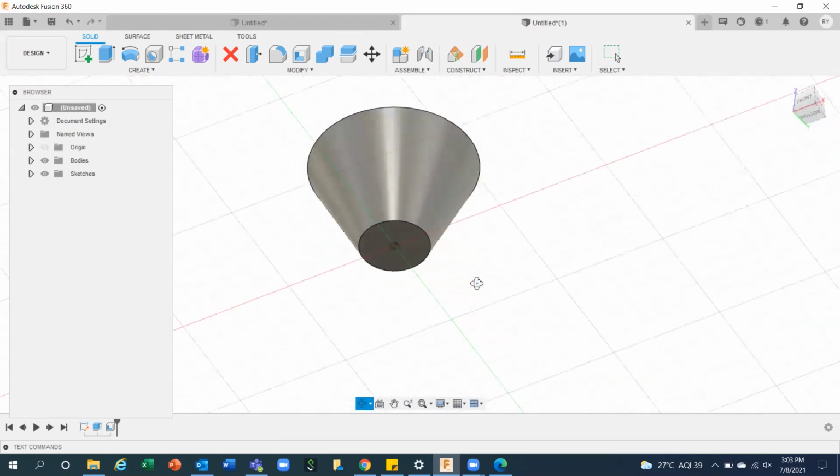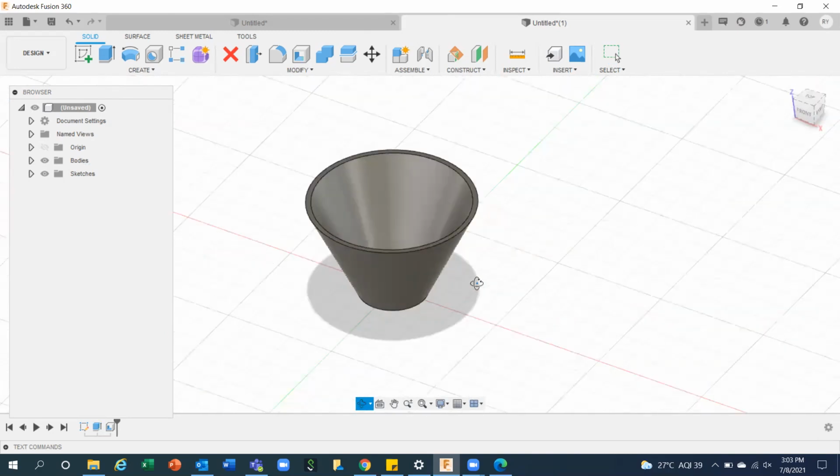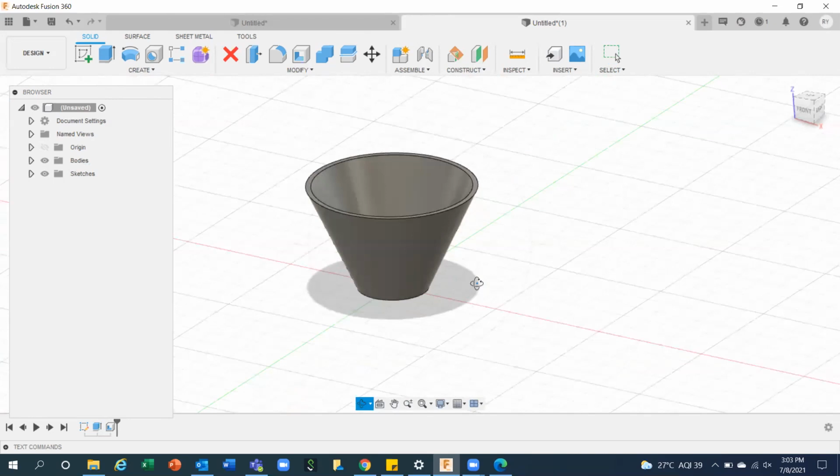Again, the same thing. So you have multiple objects. Now that depends on the user, which option you want to use to create that object. You can create with the help of extrude. You can create with the help of revolve. You can create with the help of sweep. And a number of options are there. Are you getting this or not?